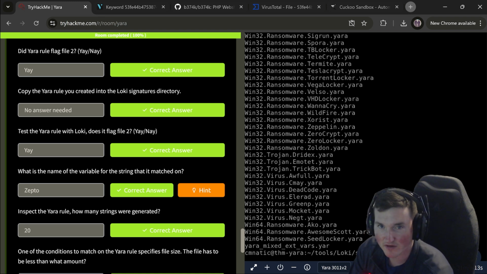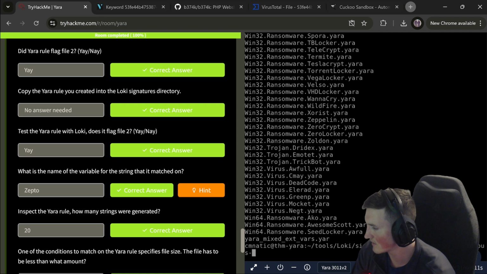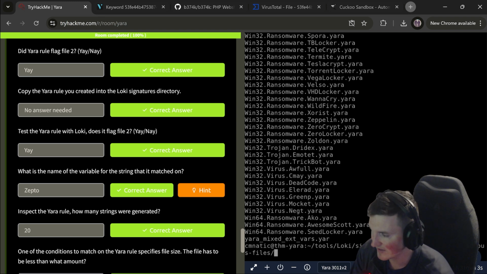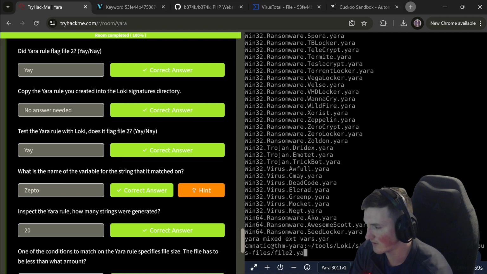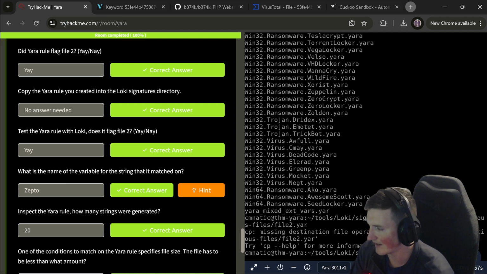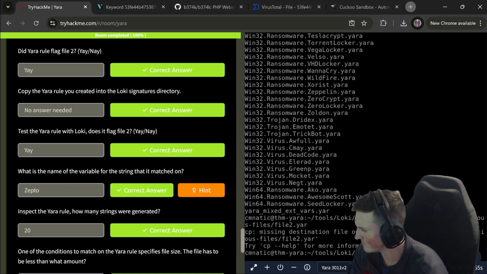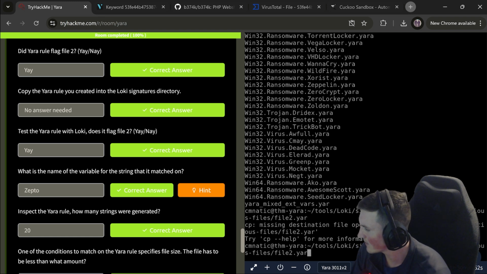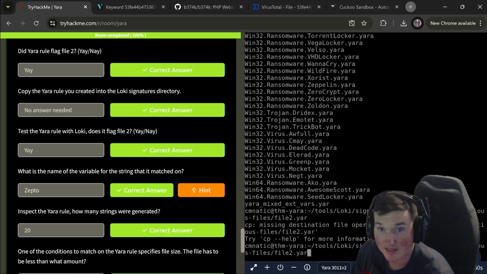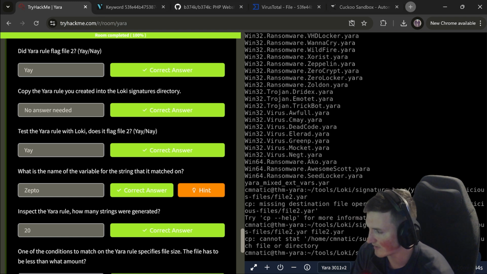See, that's why I didn't want to do it, because it's not auto completing any of my stuff, and I don't know why. So it was suspicious files, and then file2.yar. Yeah, that wasn't it. Oh, I guess you've got to tell it where to copy, right? So we'll just copy it to file2.yar. It doesn't really matter what you name it.